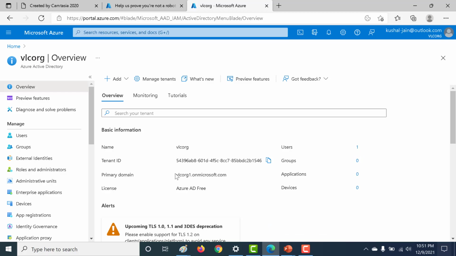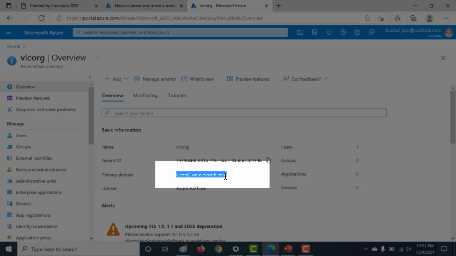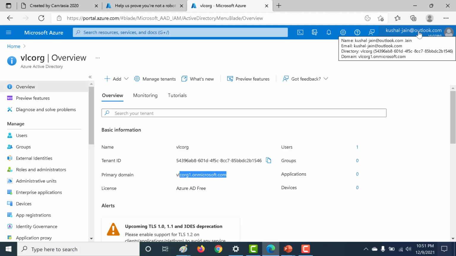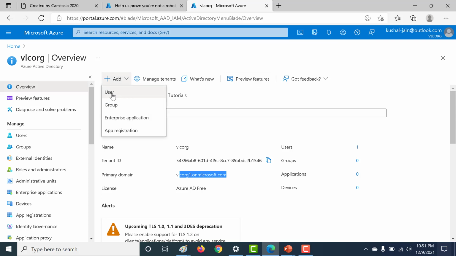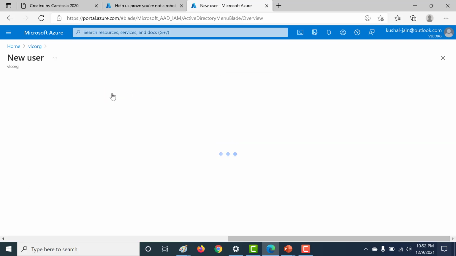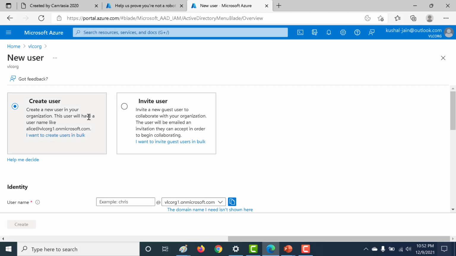Here you can get the primary domain, which is vlc1.onmicrosoft.com. This is basically the domain that we had created. And there is one user, which is the default user we had created. Of course, you can keep adding more and more users based on your preference. If you want to add more users, it's basically the same thing. You can create a new user or create an external user based on your preference.